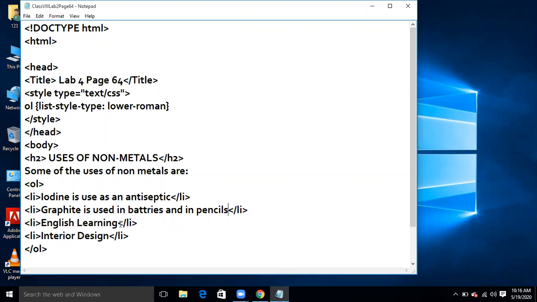Another use is mentioned over here. Diamond is used for making jewelry.